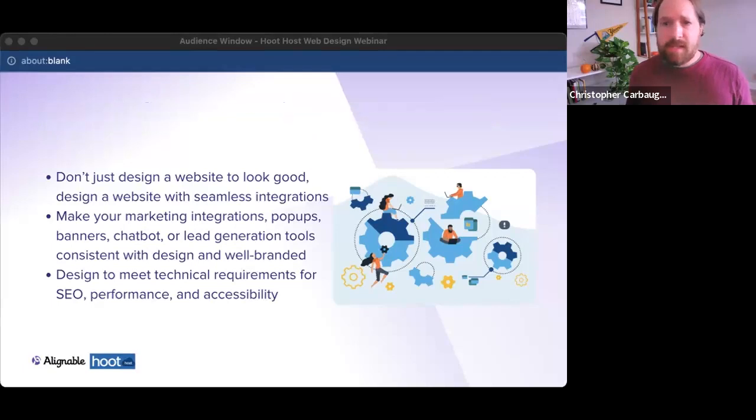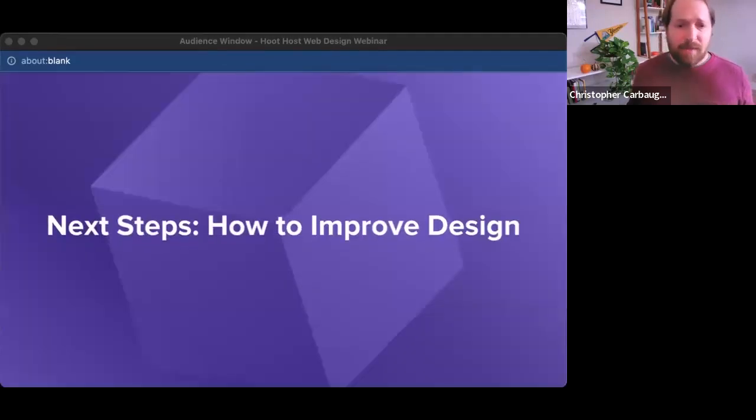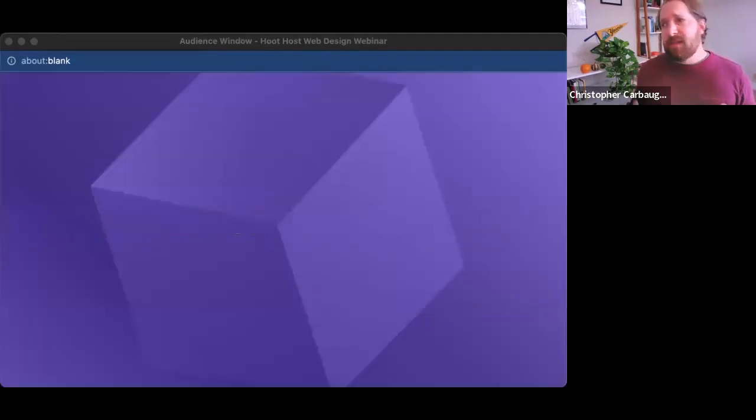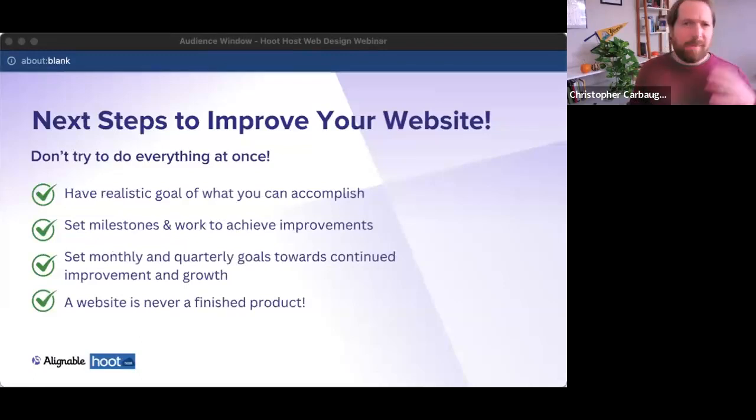So let's just talk about next steps, really how to improve our design. Whether we're talking about a design topic like this today, or optimization, blogging, whatever it might be, the real message that I always give to everyone about how to approach improvements is just to have realistic goals and set short attainable goals. So you don't feel like you're throwing darts at the wall and just hoping something sticks. You're saying, we're doing this this month, so that 3 months from now, we know